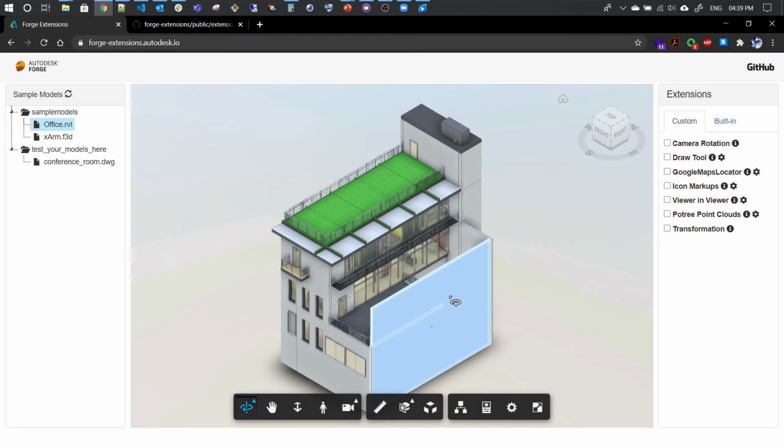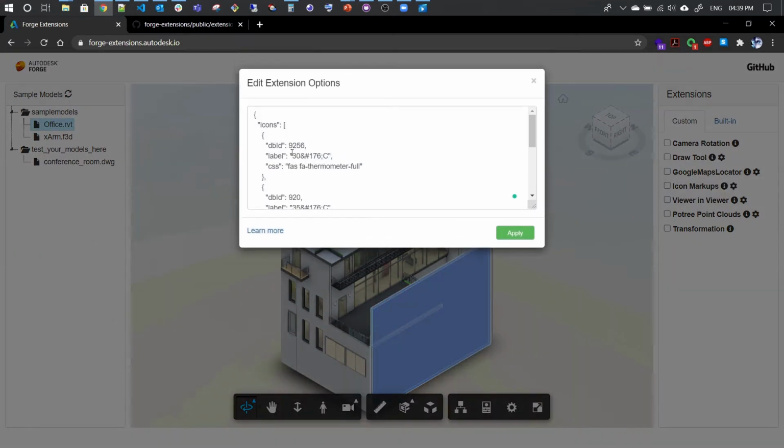Let's say this object, this object. When we select an object, it has one DBID. So that is the DBID. And based on the label, the icon, either temperature or camera, is also configurable. This is the CSS class.